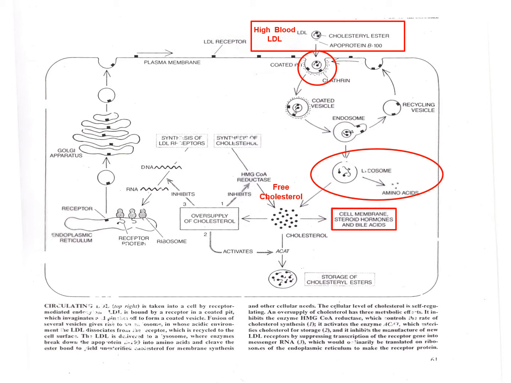But the other thing that you'll notice is, if you remember in the lipoprotein section, we said that when cholesterol is being transported, it is transported in the form of a cholesterol ester. So you'll notice up at the top, where it says high blood LDL, you'll see it says cholesterol esters. And if you remember, the ester part is a fatty acid. So you'll see there's a little tail on the cholesterol, and that tail is the fatty acid.